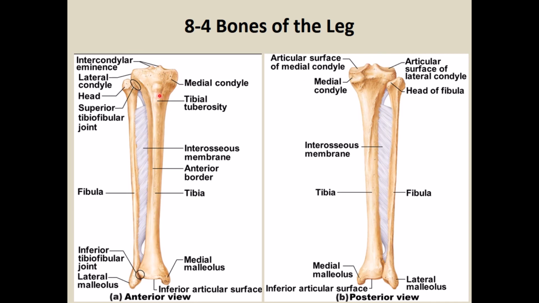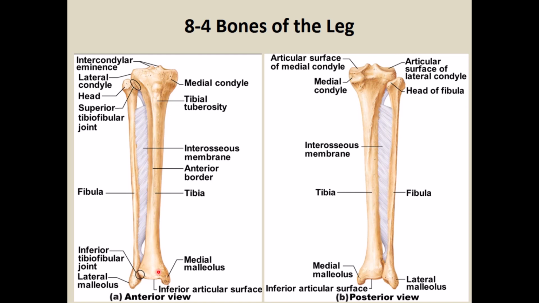Anteriorly, you can see the tibial tuberosity. This is where the patellar ligament attaches, coming from the patella. And then this sharp area that you see is the anterior border. And then distally, the tibia